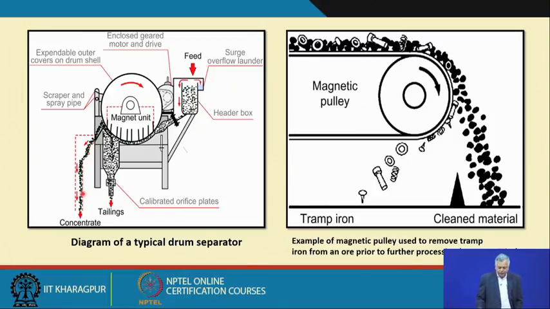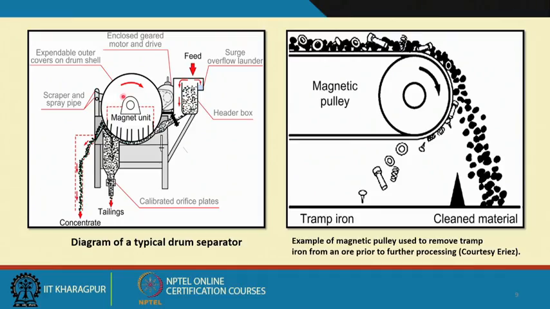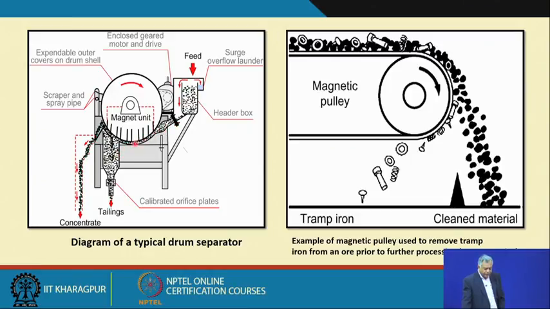Now, you can have other attachments, like some particles may still get adhered to the surface. They are magnetic particles, but you can have scrapers, so that it scrapes the surface of your drum, so that these particles do not start rotating again. And then you have some other mechanical features, that is how you drive it and all this. So, you see that it is a continuous process. That means the feed is continuously coming and there is a separation between your magnetic and non-magnetic particles, but here the issues are